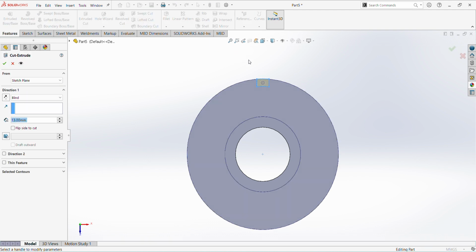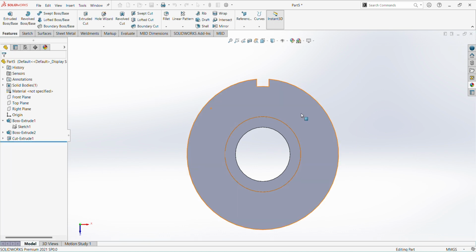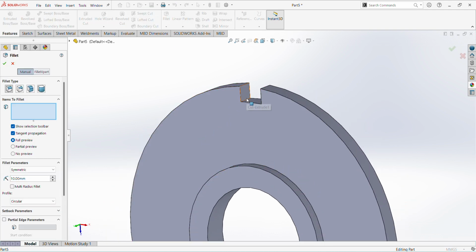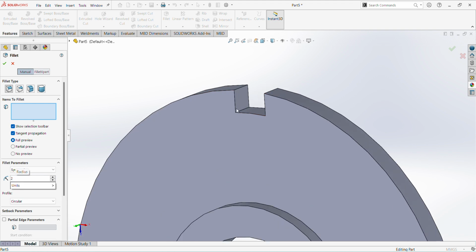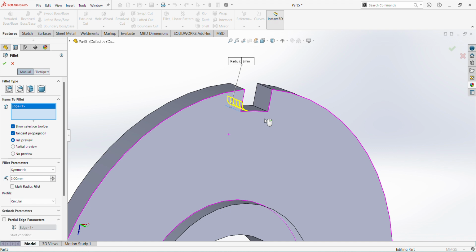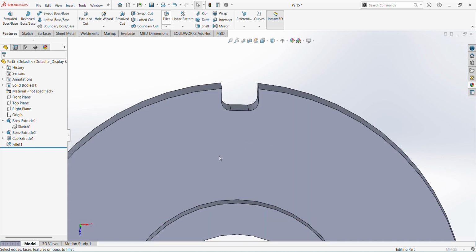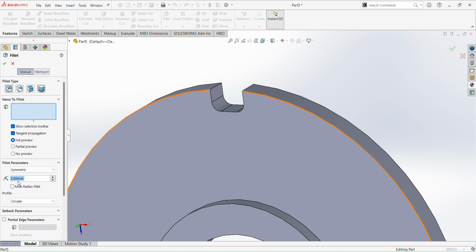Extruded cut, through hole, okay. Select fillet, two mm, fillet again 1 mm,